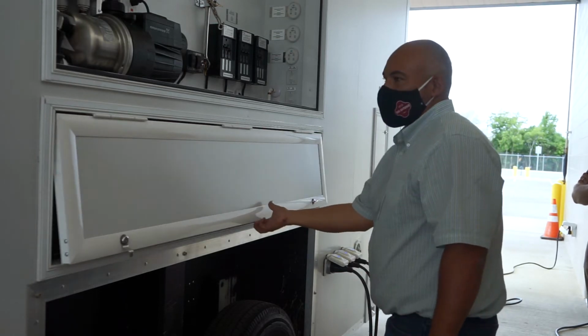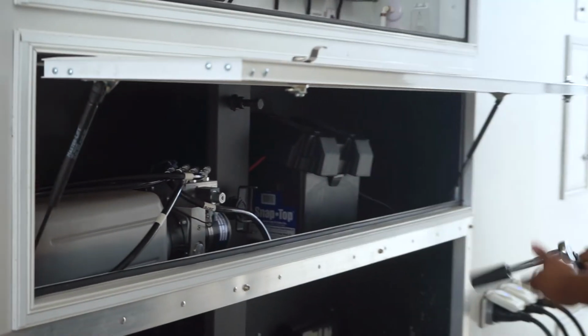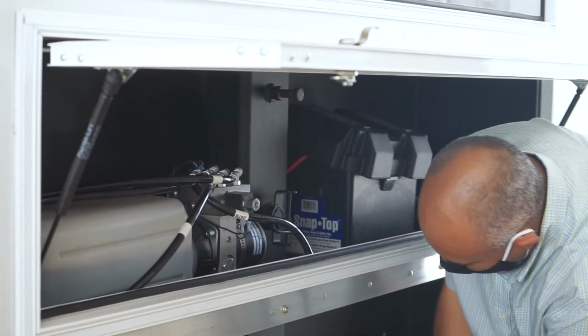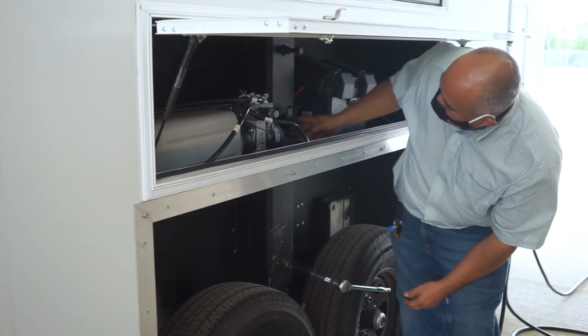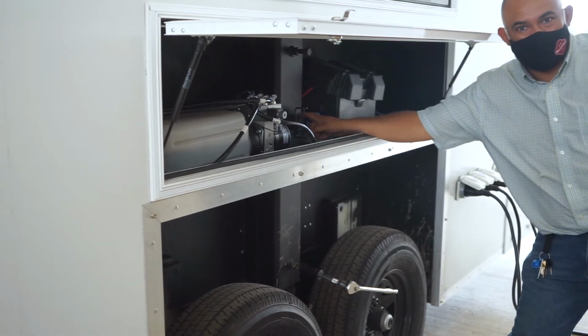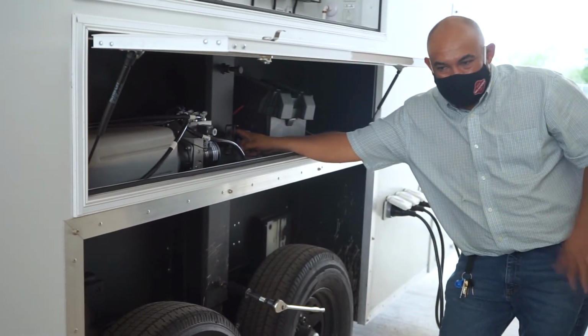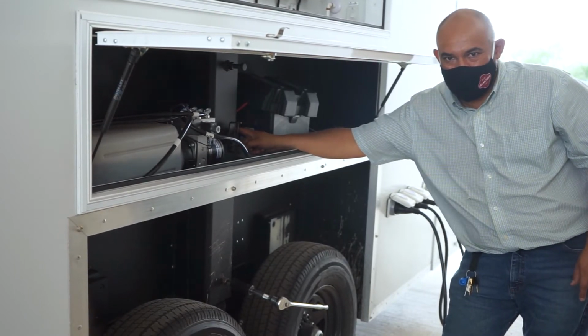So once you're somewhere, you open these flaps up. Okay, you've got to loosen these up. So every time you transport, you've got to tighten these. This is a pin also, and this is what the trailer actually rests on when you're driving. It doesn't rest on the wheel or anything like that. It rests on this pin. Okay, so